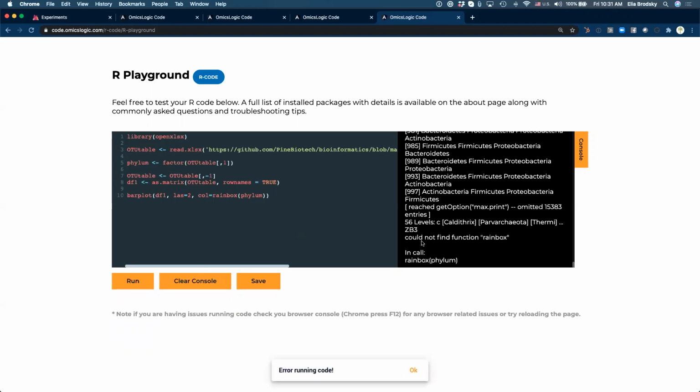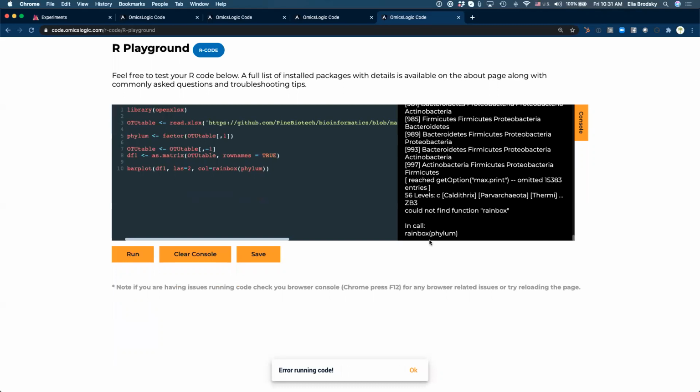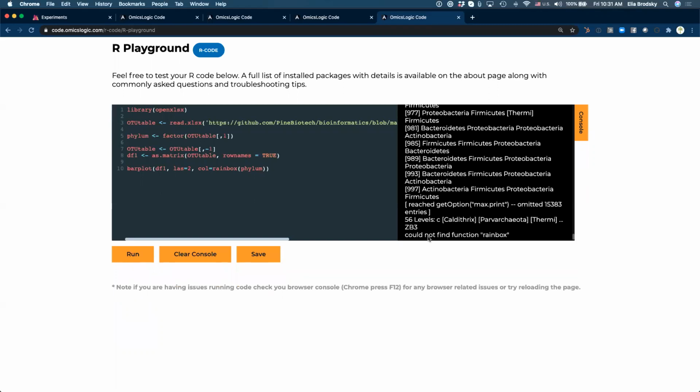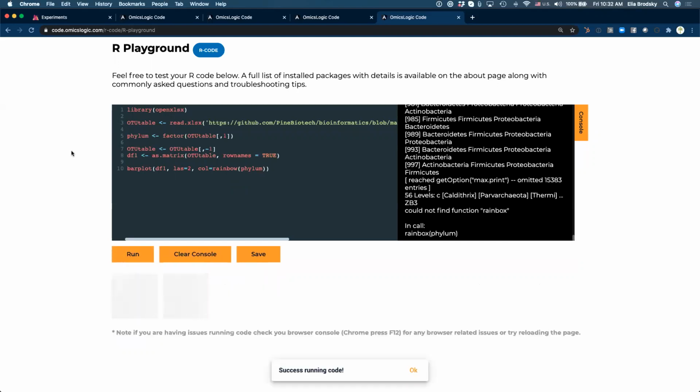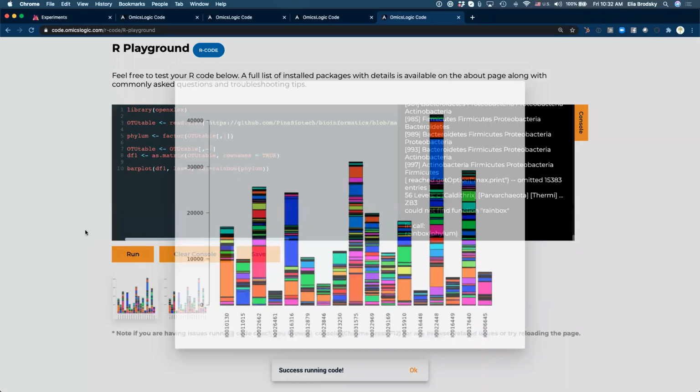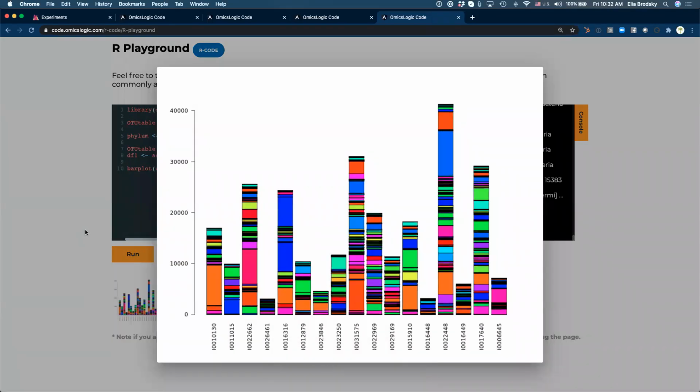Okay, that's because it's not rainbox, right? All right, and now we have our beautiful little plot. It doesn't tell us that much, but at least we got it to display with colors, and we kind of know what these are.